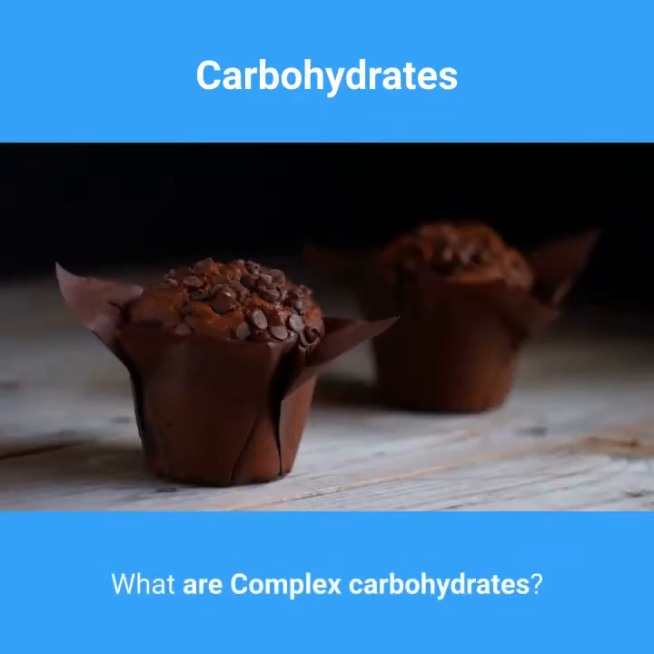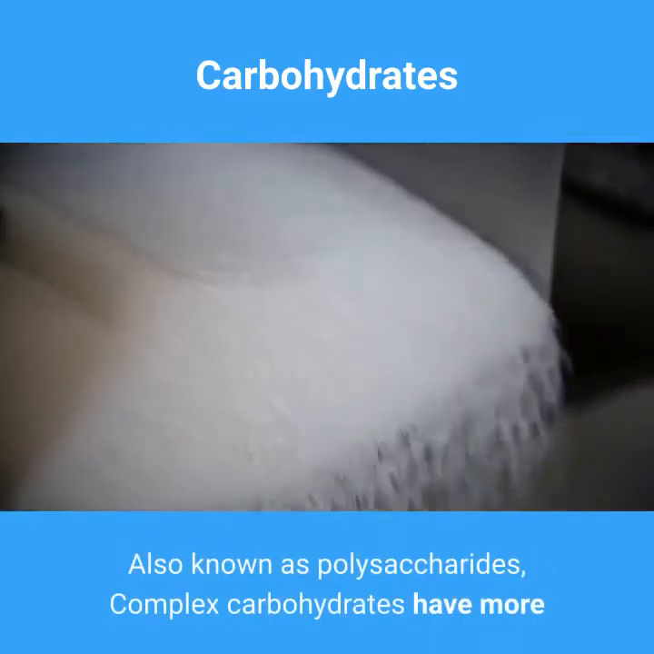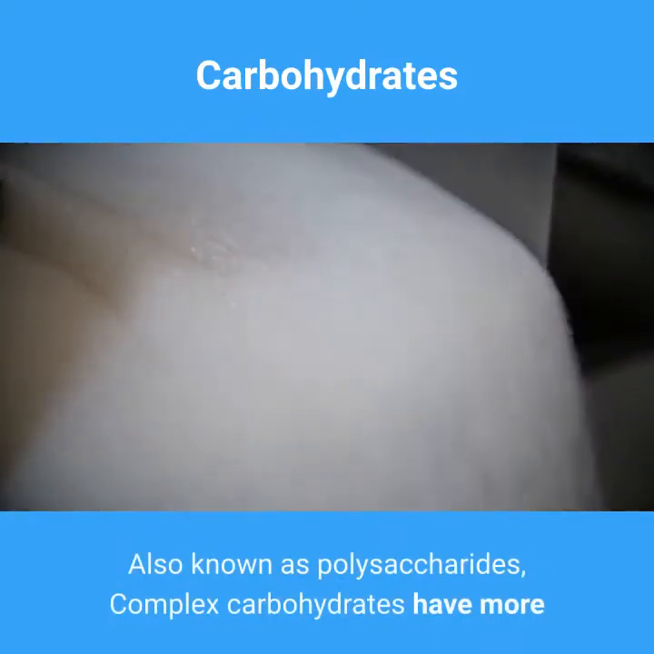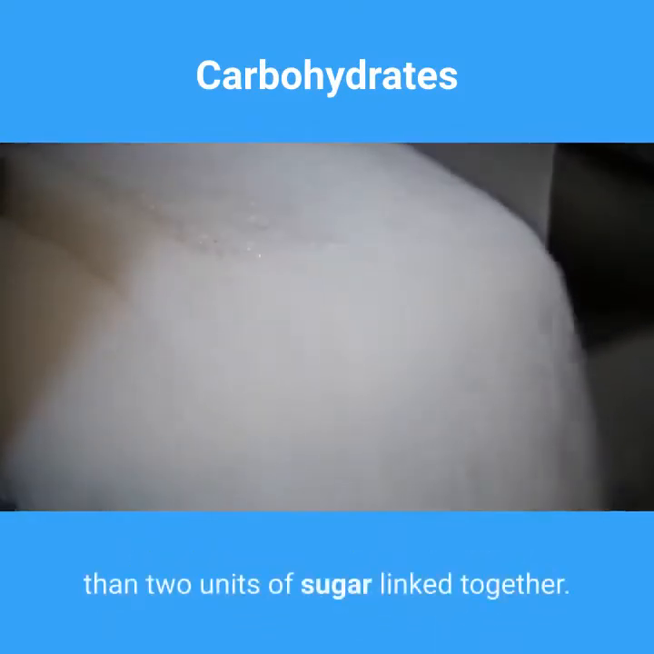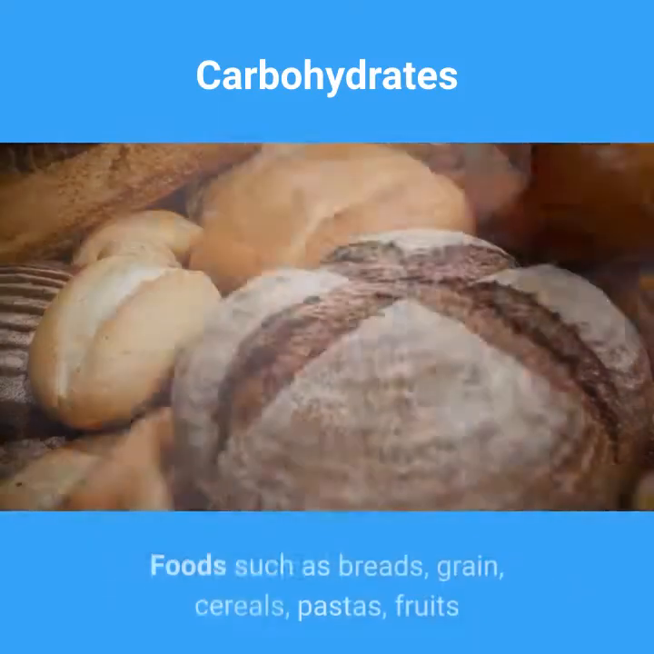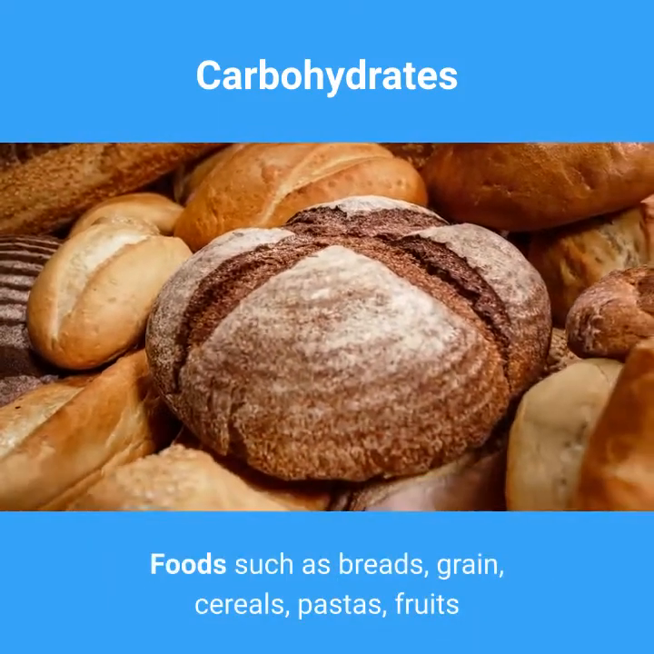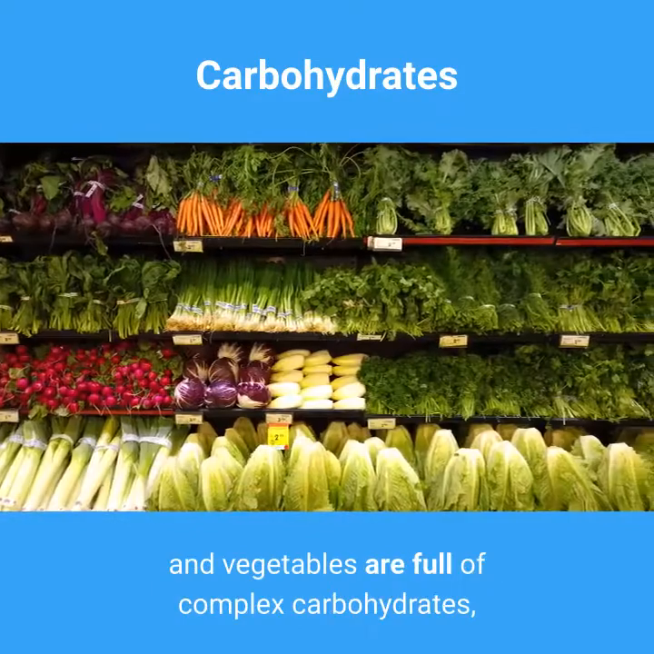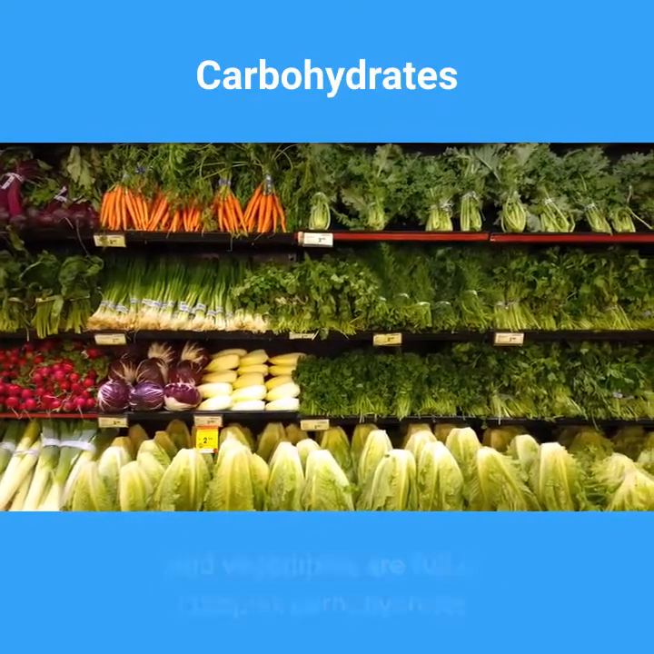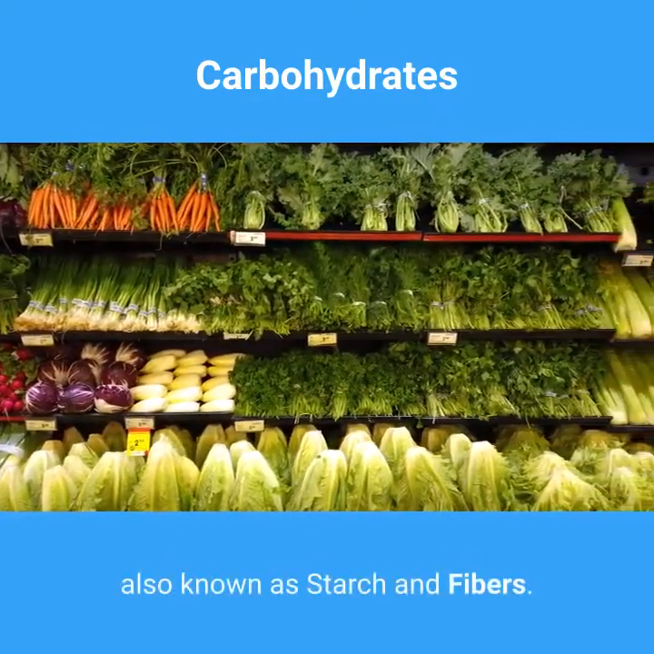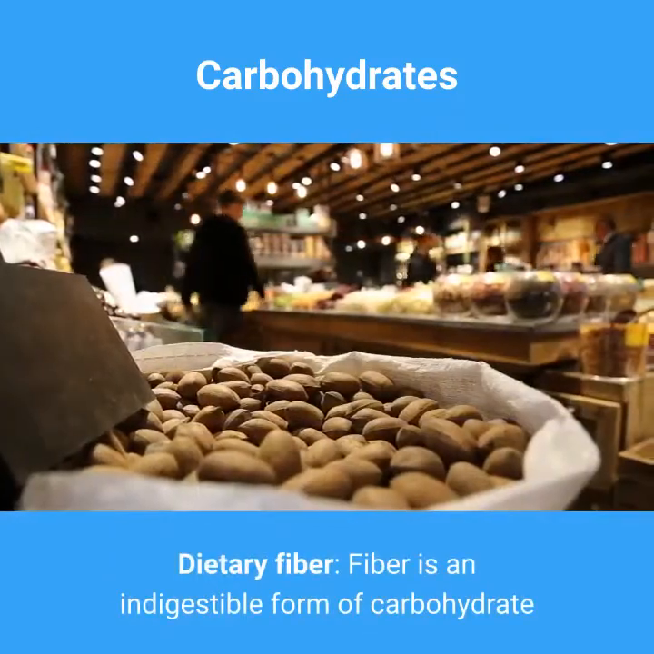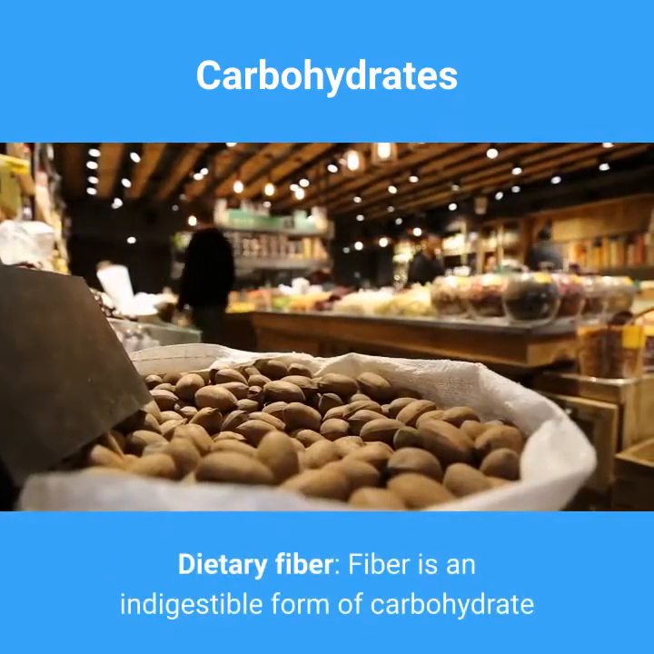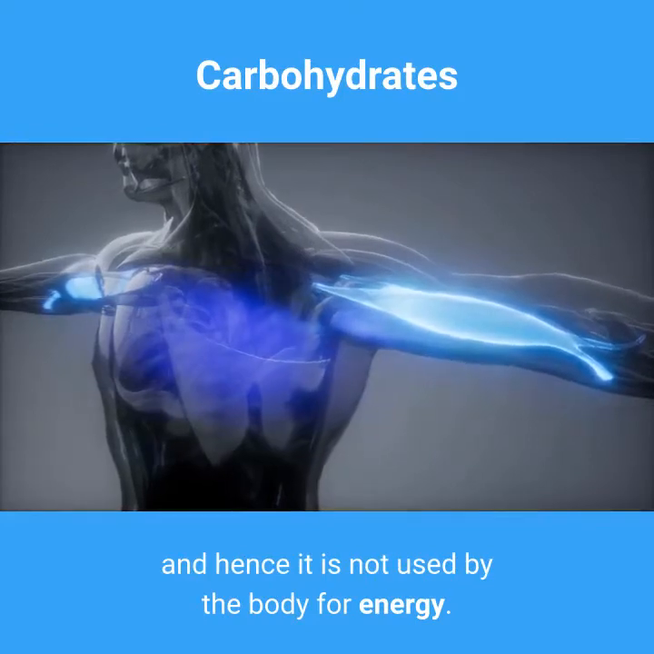What are complex carbohydrates? Also known as polysaccharides, complex carbohydrates have more than 2 units of sugar linked together. Foods such as breads, grain, cereals, pastas, fruits and vegetables are full of complex carbohydrates, also known as starch and fibers. Dietary fiber. Fiber is an indigestible form of carbohydrate and hence it is not used by the body for